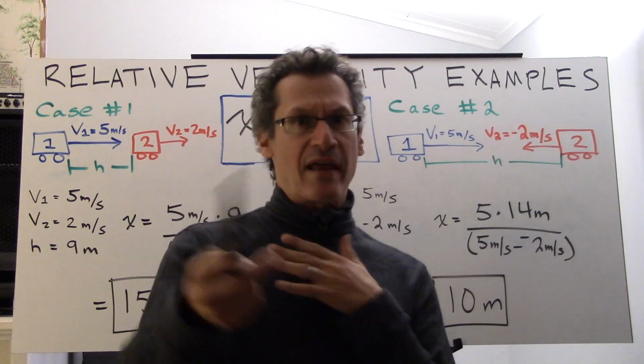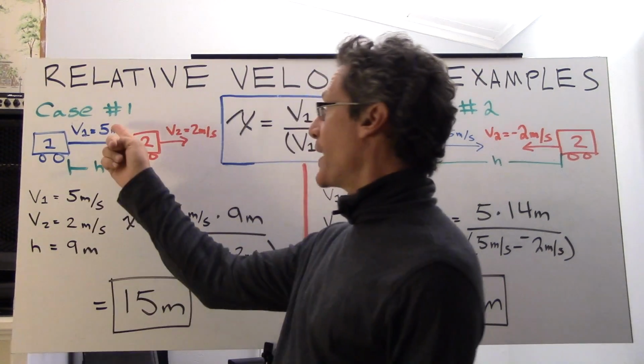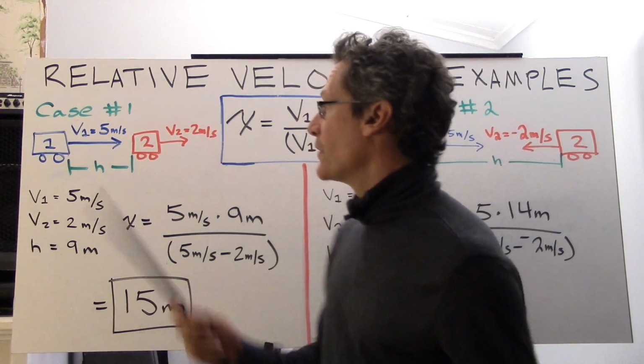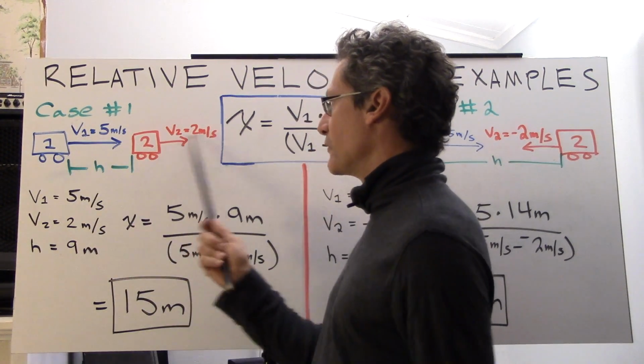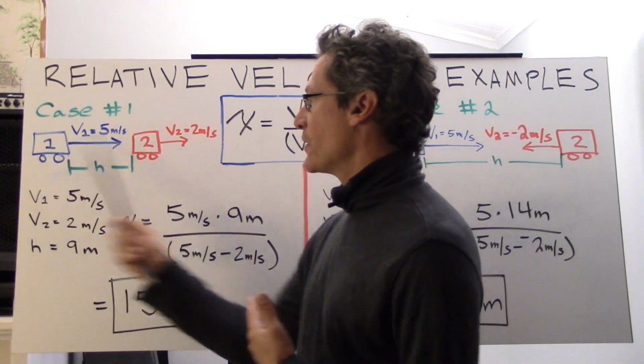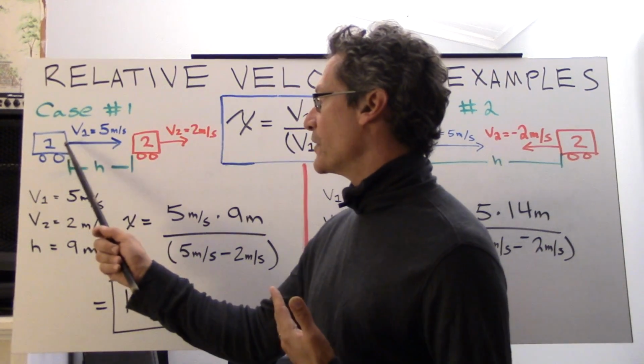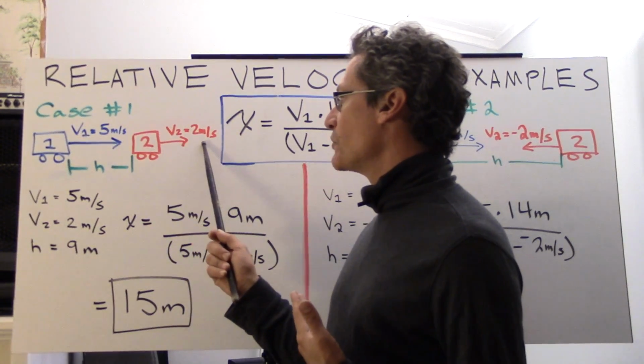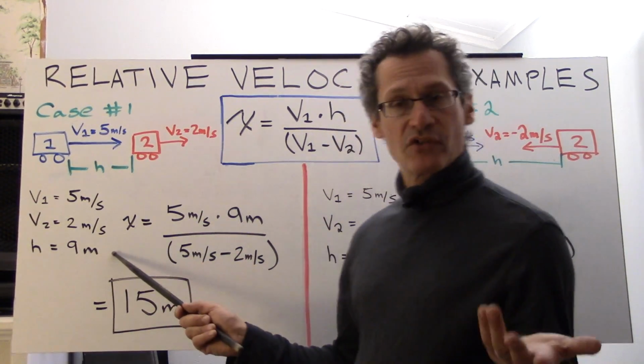Relative velocity examples, 2 cases. Case number 1, it's the one we described before, but now we've got some numbers attached to it, okay? v1 is faster than v2, the head start is h. They're both going in the same direction. Where does v1 catch v2? Okay, v1 is 5 meters per second, v2 is 2 meters per second, and this h, let's call it 9